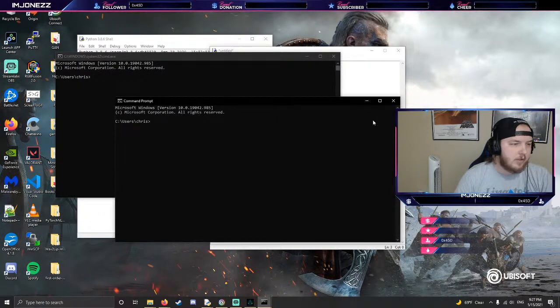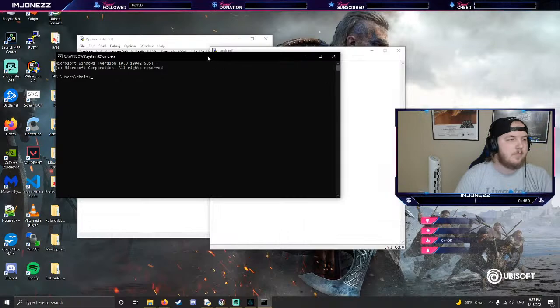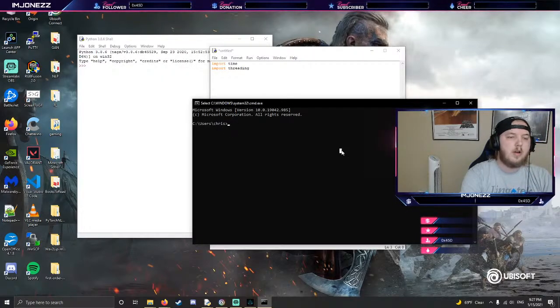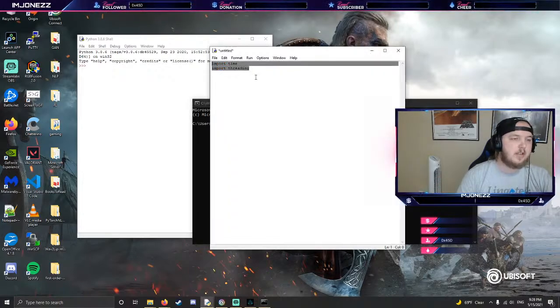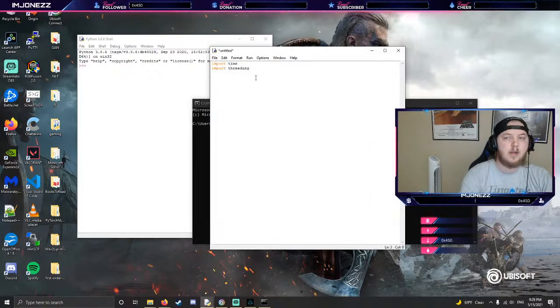It's virtually the same. But here, once you have Python installed, and make sure that you check the little box adding Python to your path, you can type pip install and then a package that you want. We don't have to do that for these two because these two packages come with Python. But for these ones,